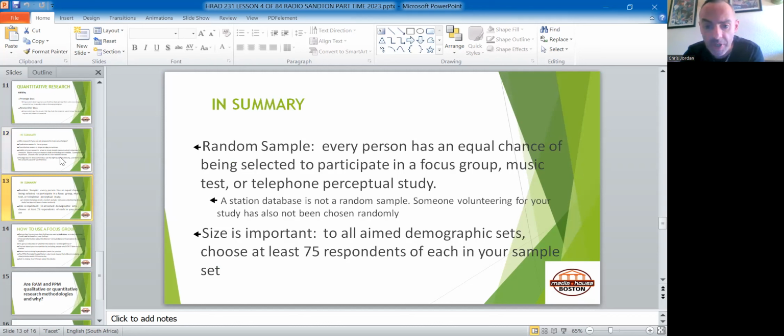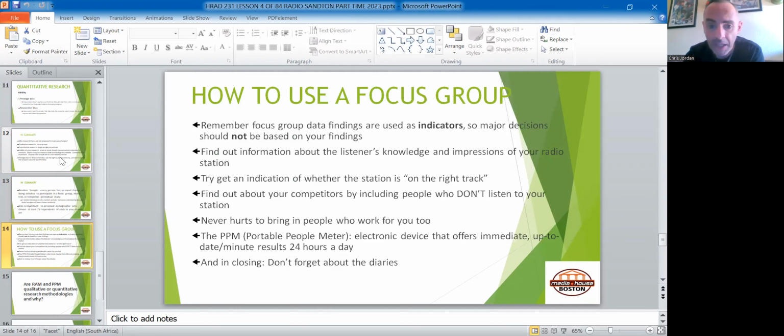Random samples, so any person has an equal chance of being selected, like I just said, a good variety of people to really understand. And we need large sample sets, especially within quantitative research, because doing 10, 15, 20 completely boxes in the possibility of understanding variance within responses, and so on and so forth.